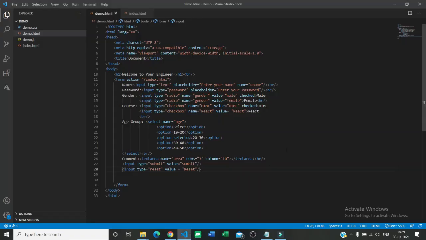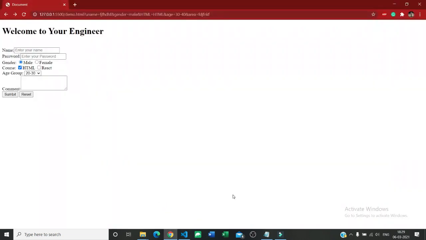So this is how submit and reset work, and this is how the form element totally works. Now we have finished our form element, and you have learned how to create a form on your web page. But what is one thing missing here? This form does not look so appealing. For starters, it is not aligned yet. So we want it to be aligned first. We will see CSS later, but first we want it to be aligned.